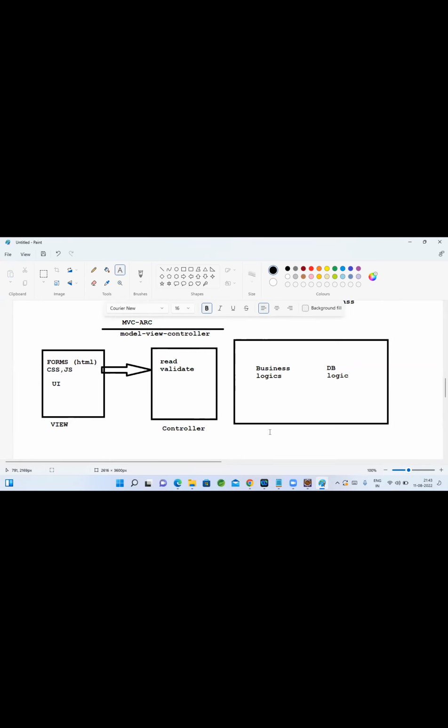Once done with controller operations, we pass the data to the model layer. View data is sent to the controller, and controller data to the model layer. Model will have business logic separately and DB logic separately.